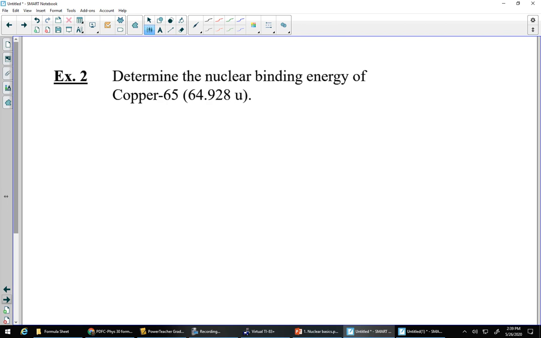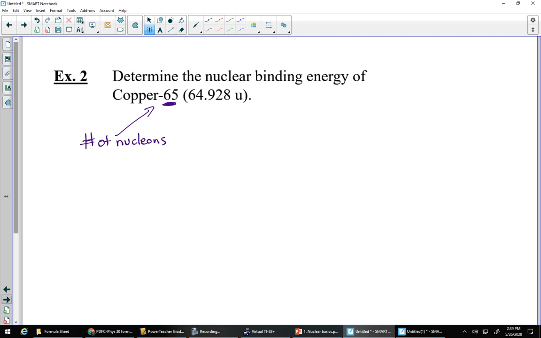Cool. So a quick question right off the bat with this. We want to determine the nuclear binding energy of copper 65. Okay, so let's think about this for a second. Copper 65. What does that 65 tell us? That's the total number of nucleons that are in that. Awesome. And then it tells us there's